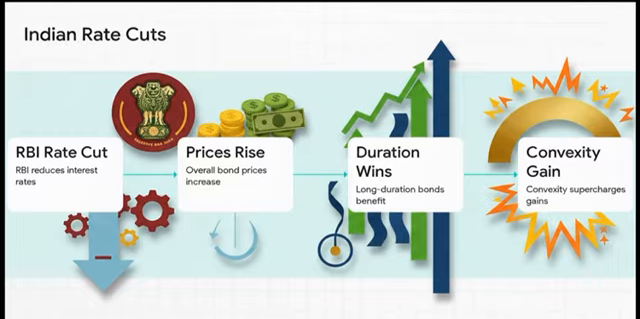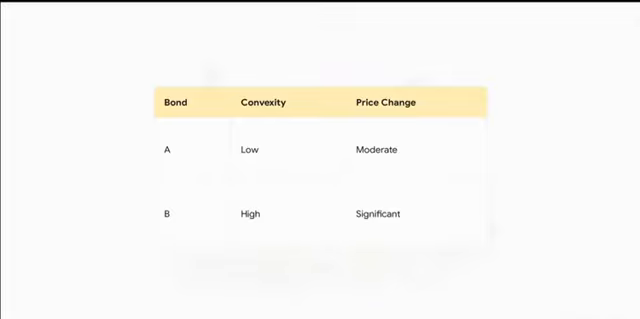But here is the kicker. That chain reaction heavily favors very specific bonds. The bonds with high convexity don't just rise, they absolutely supercharge those gains. Think of it like a giant puzzle that the big players have already solved. Bond B, with high convexity, massively outperforms Bond A, even though both of them experienced the exact same drop in